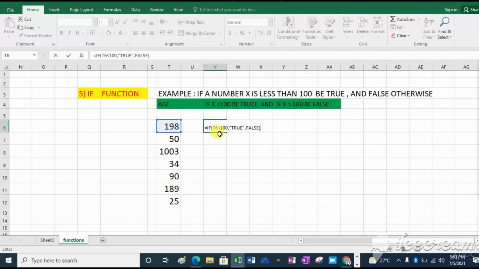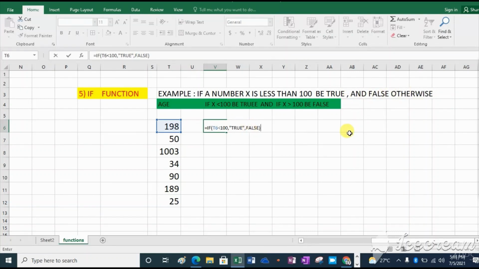You are seeing here how it looks: equal sign, if, open bracket, T6 the number starting your column, less than 100, comma, quotation mark, you write true as your condition and close with a quotation mark, comma, then false because it is the last condition, meaning false otherwise.